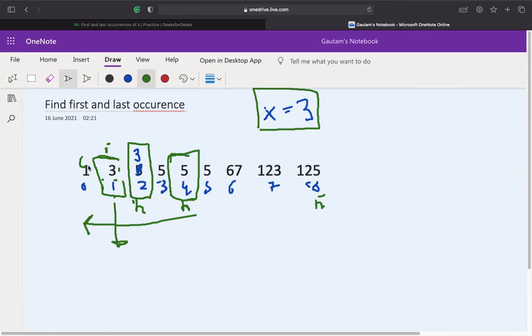If the middle element has reached 0 and the ARR of mid is equal to the target element, it will always be the first occurrence. To find the last occurrence, we'll use a similar concept: if the immediate right of this middle element is not equal to the current target, we'll simply return the position of that mid. And now let's try to code this.